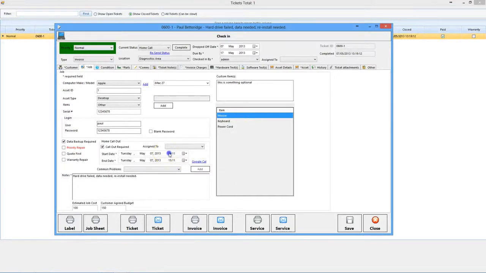So I'm just going to specify a call out, we'll say 5 PM. It automatically defaults to add another hour, and you may want to change that around. And then obviously this area down the bottom is your ticket notes. So hard drive failed, data needed, reinstall needed. You've got some common problems here. Again, these can be added to in the database, so you can add your own ones or change the ones